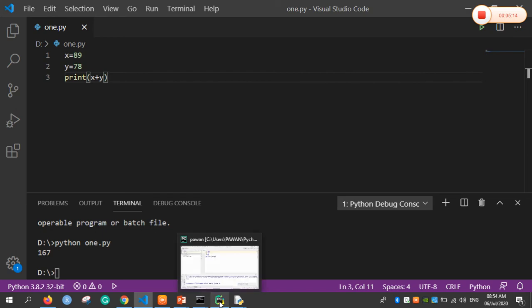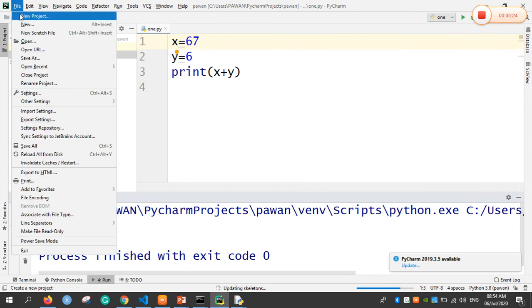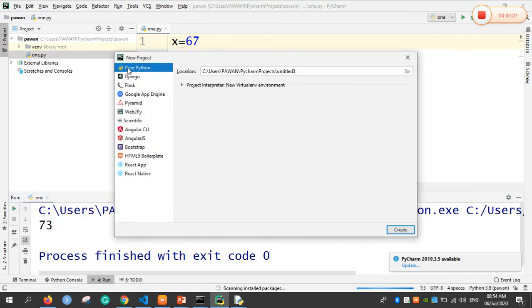Now another way of running the Python code is using the PyCharm editor. You can download the PyCharm editor. After downloading, go to the option File and select New Project. It will ask, and we can select Pure Python here. Give the location of your folder.